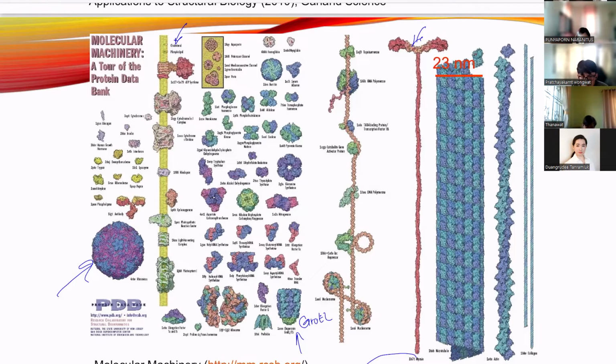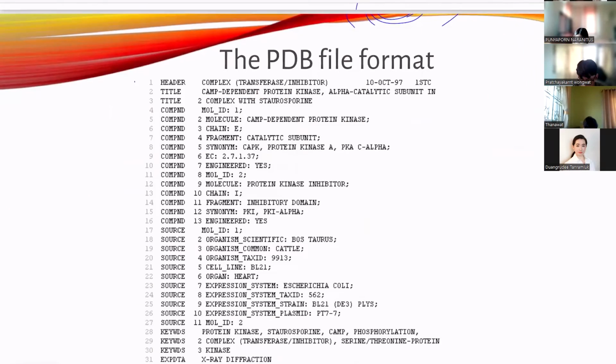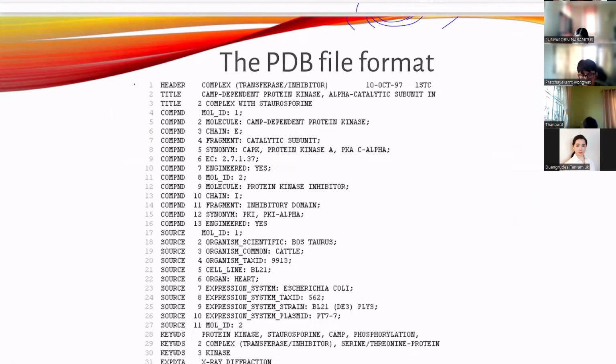So Google built a project called DeepMind, and then they solved the protein folding problem. They generated the server AlphaFold to solve the 200 million protein structures. So the PDB file format, in PDB file format, when we want to open the pretty pictures, it